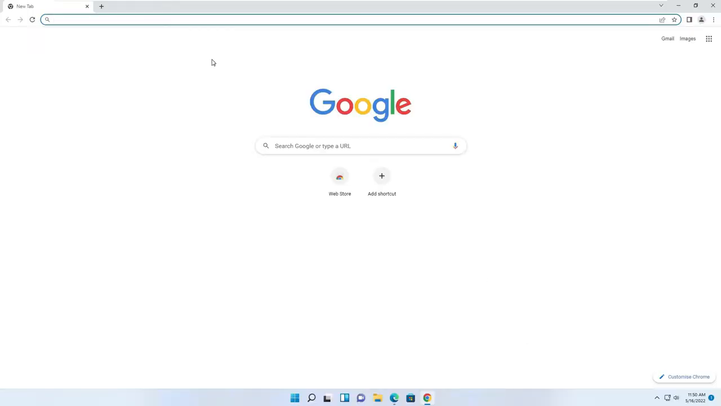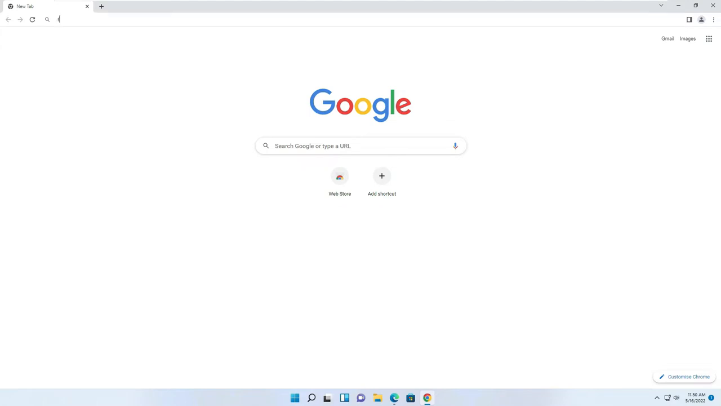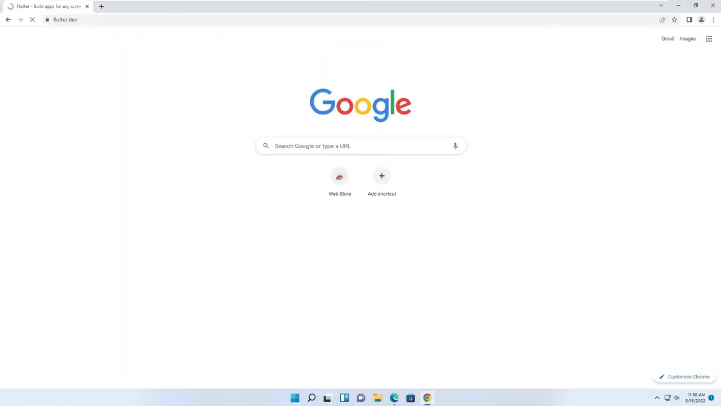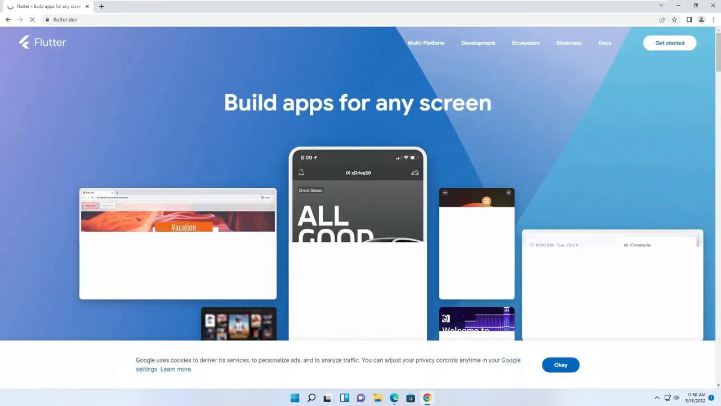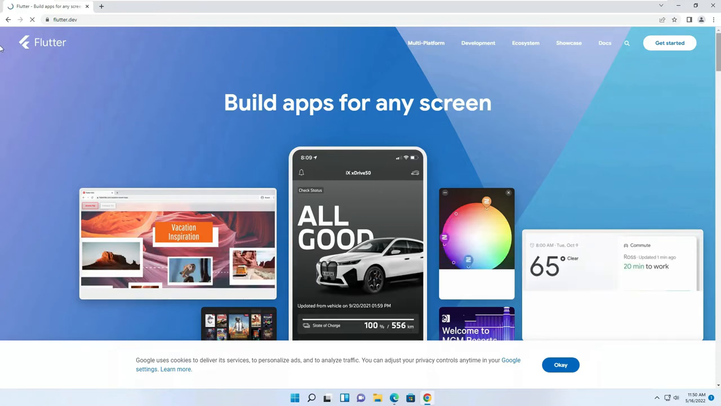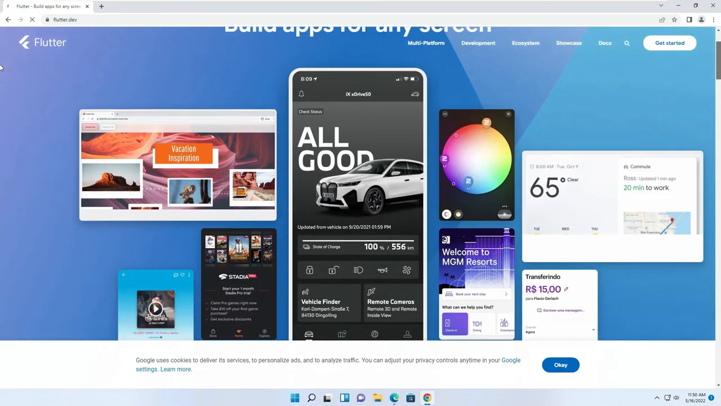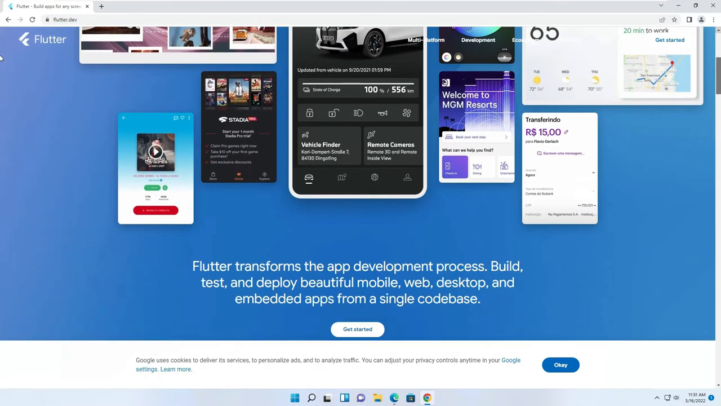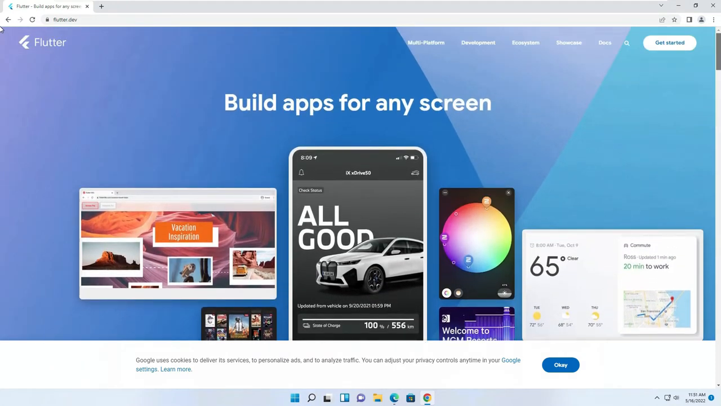So now let's open your favorite browser and from here type flutter.dev. From here you can see Google is proposing beautiful cross-platform applications, and we can see the powerful features and tools and applications we can develop by using Flutter. So from here click on Get Started,